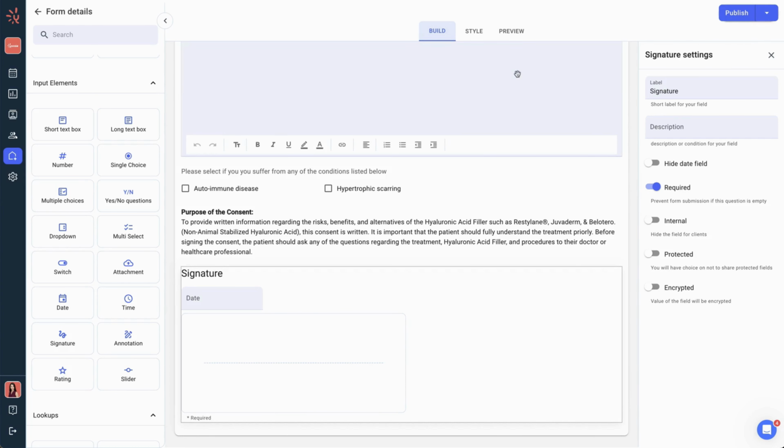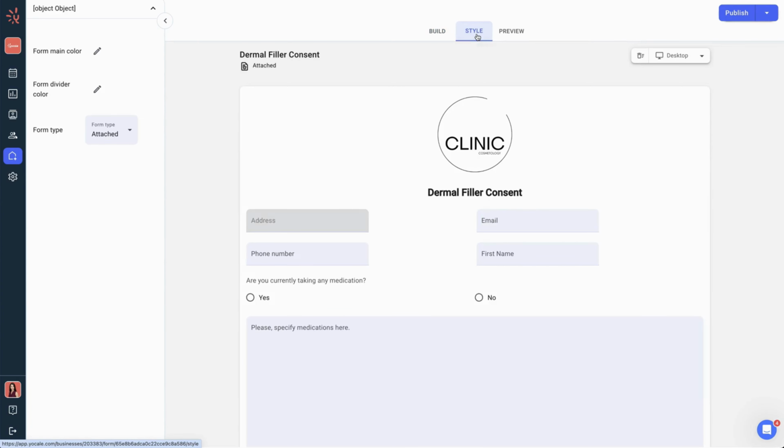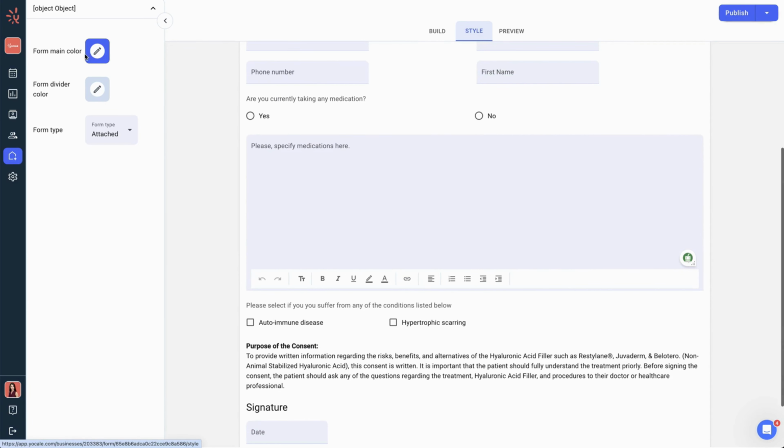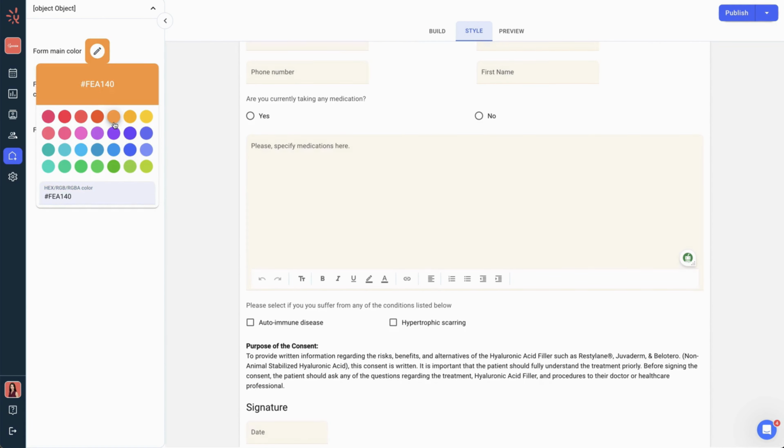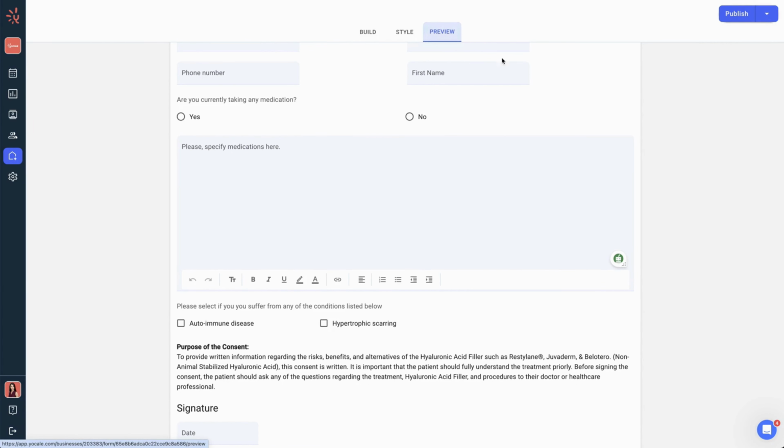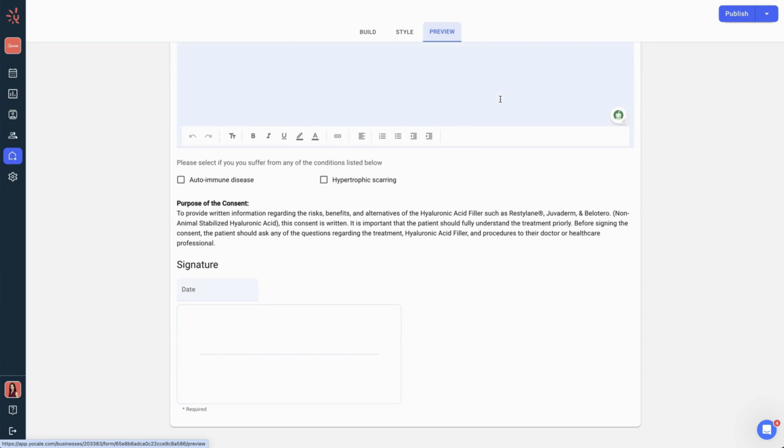After we're happy with building the form, we can move on to the Style tab on the top. We can change the color of the background of the form. And then we can click on the preview tab to look at the form as the client would see it. We're then happy with it. We can publish the form